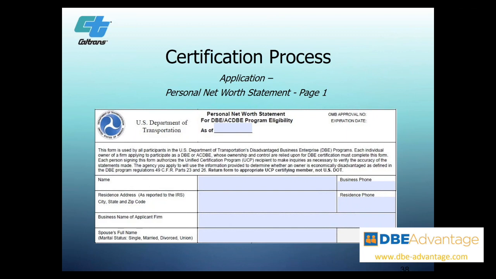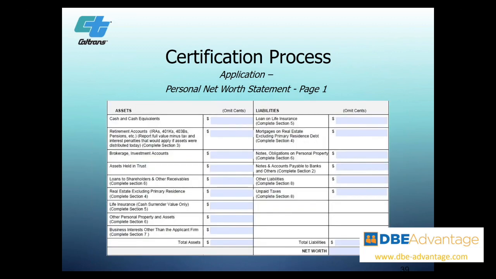Okay, just quickly going to describe the personal net worth statement document. This is the document that's going to be required with your application. Correct me if I'm wrong here, Susan, but even on the online application, is this something that gets uploaded? The individual must complete it, for example as a PDF, and then upload it into the application system? Exactly, yeah. You would have to complete this form, and it needs to be notarized as well. So this is a second form that needs to be notarized.